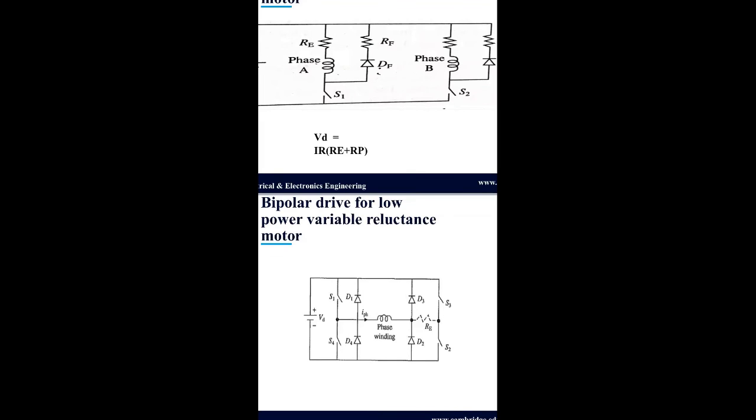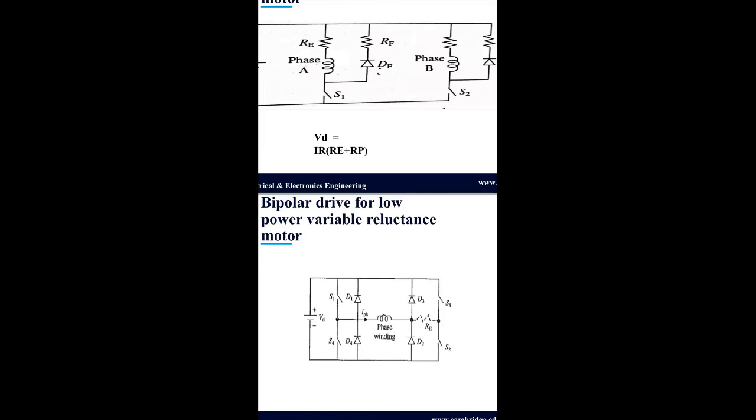The major proportion of energy stored in the phase winding inductance is fed back to the source and phase current decays rapidly to 0. Due to the presence of external resistance Re, the drive circuit becomes inefficient. Now eliminate this resistance Re from the figure. To energize the phase winding with positive current, S1 and S2 are turned on. The phase current builds up rapidly.